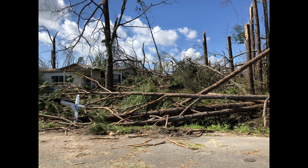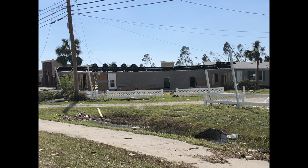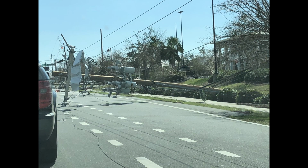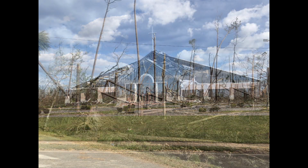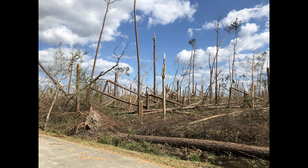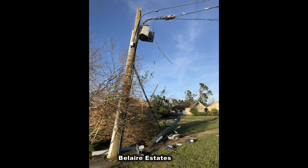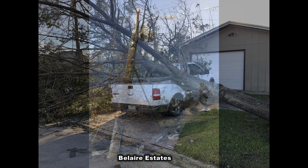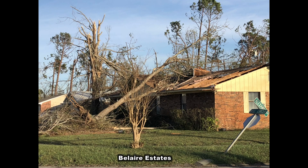The sound of chainsaws echoing through fallen pine trees, the sight of blue tarps on broken rooftops sends a chill through me. But I know it's only a matter of time before we turn it around and pick this town up. We're gonna be just fine, because we're 850 strong,